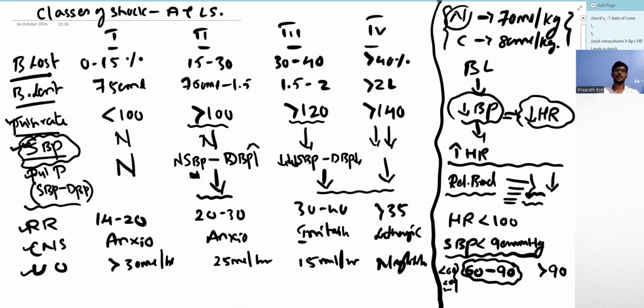And when it comes to systolic BP, it is all about the compensatory mechanisms of the body. In a pediatric age group, even if there is a loss of a lot of blood, they can compensate well, and they do not show signs of hypotension until very late. Meaning a class 2 shock will have only the features of class 1, a class 3 shock will have only the features of class 2, and a class 4 will have only the features of class 3. But in a geriatric patient, even a small amount of blood loss cannot be compensated by the body. If they are in class 1 shock, they show the features of class 2 or class 3. So SBP also cannot be taken as an independent factor.